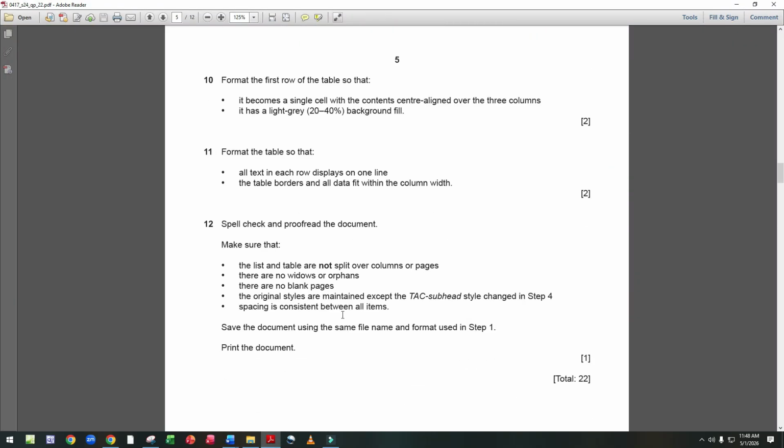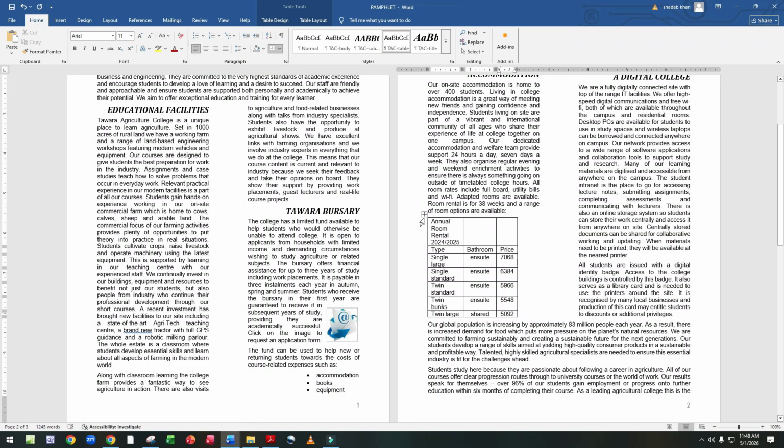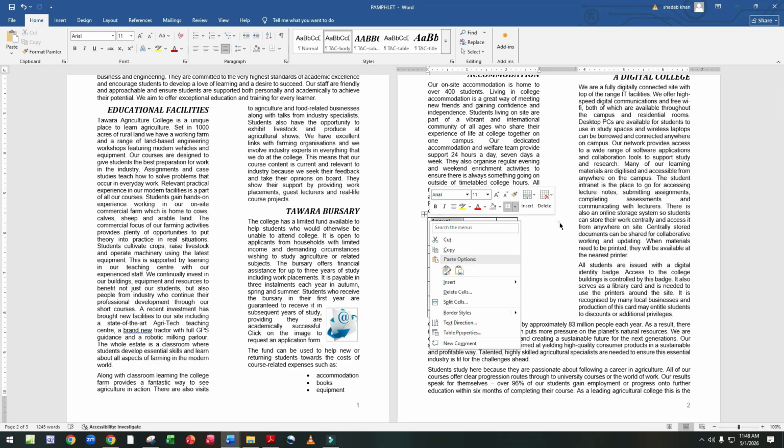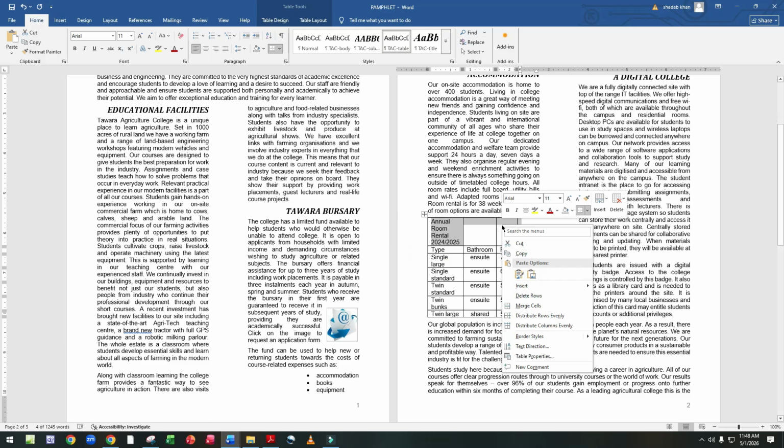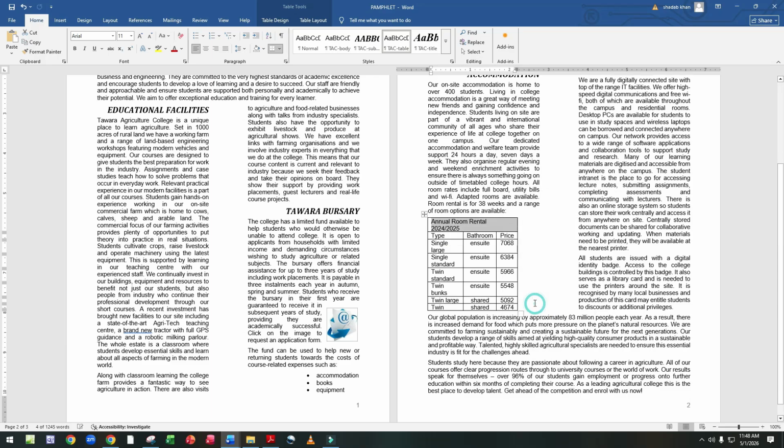Now come on question 10. Format the first row of the table so that it becomes a single cell with the content center aligned over the three columns. Now select the first row, right click, merge cell.